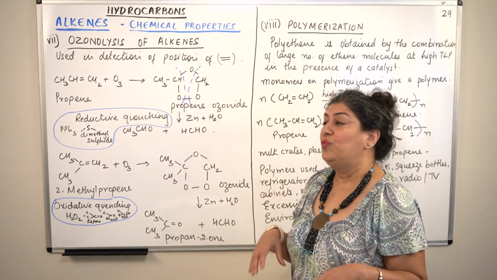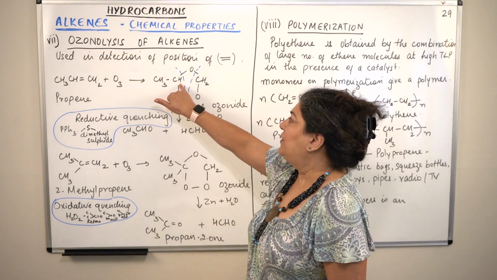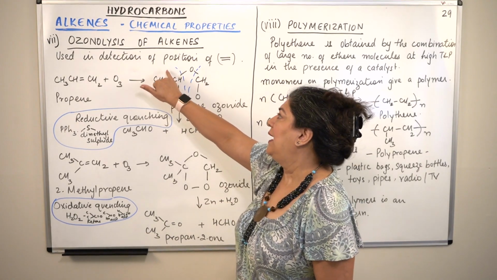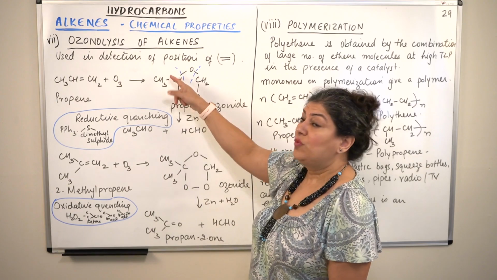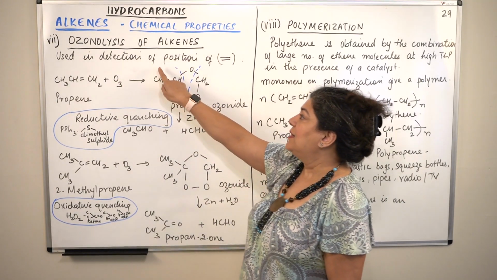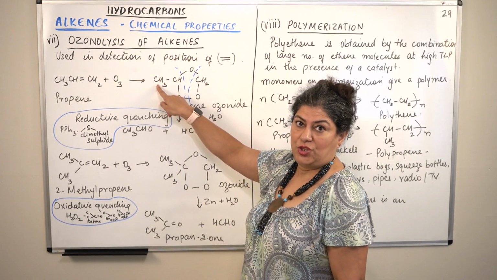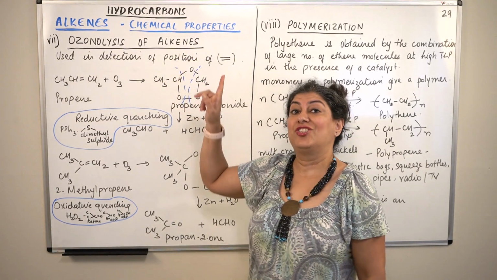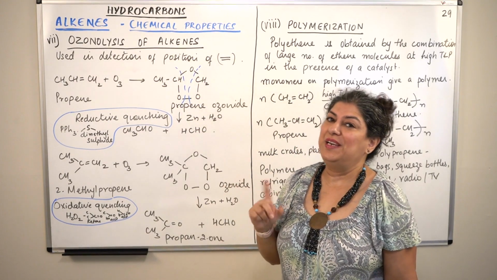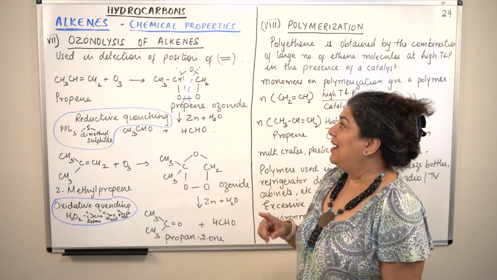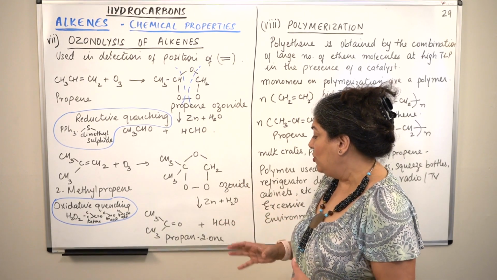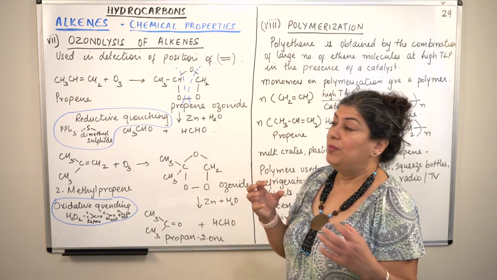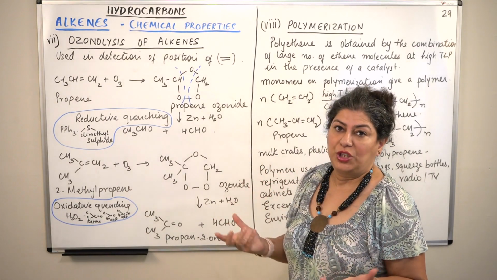Now the product would vary if instead of this hydrogen you had an alkyl group here. Let us say instead of this hydrogen there was also a methyl group. So you had CH3, C, CH3, that is CH3COCH3. Then what would it be? It would be a ketone, right? RCOR would be a ketone. So that is how you get the products, and that is how you guess what the product would be.